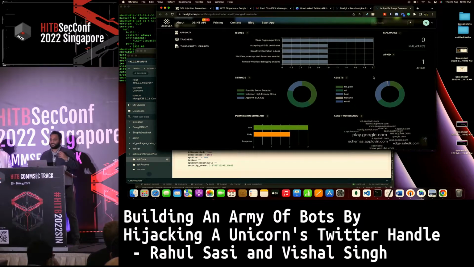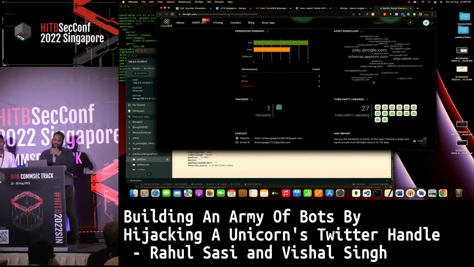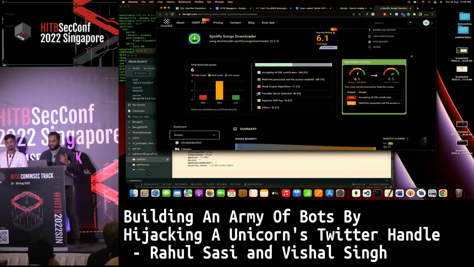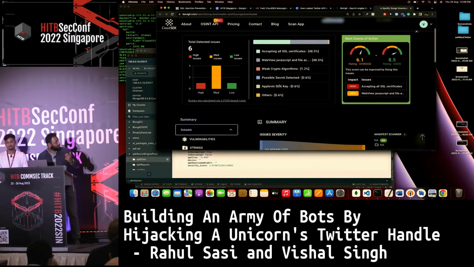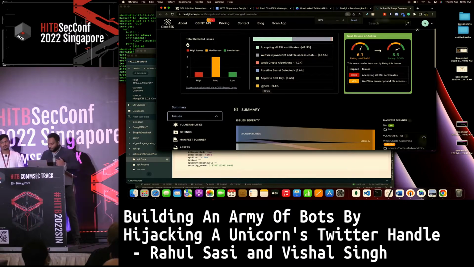This way, a consumer would know what is on his or her phone, and there's so much more information. You can actually go and check very specifically. In case of Spotify, I know you might not be able to see, so let me share my screen. These are the high-level security issues. For instance, they have something called app login, and there is a chance that the SDK key of app login is hard-coded in the app. We'll come to know about it.